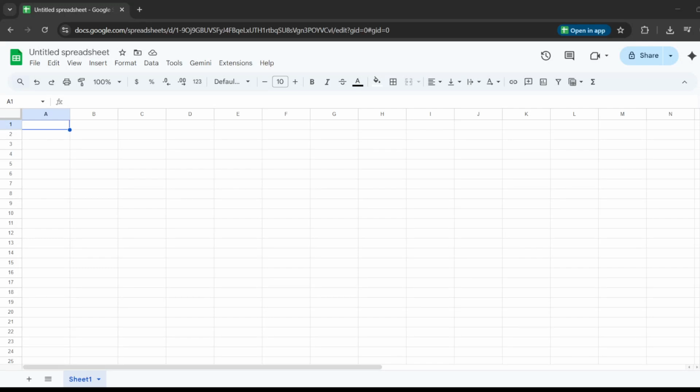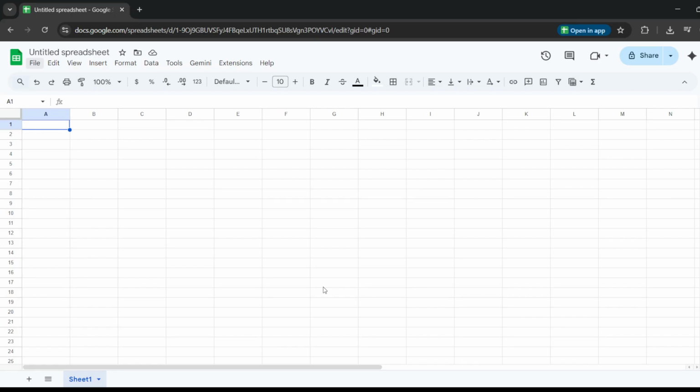In today's video, I'm going to teach you how to get to the script editor on Google Sheets. If you've ever wanted to automate repetitive tasks, build custom functions, or connect your spreadsheet to other Google services, the script editor, officially called AppScript, is exactly where you start. I'll show you the quickest way to open it and share a few tips so you're ready to write and